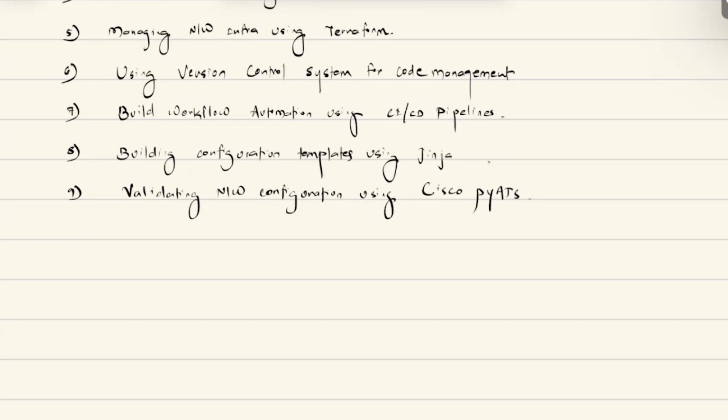But later on, the tool was so good that they made it publicly available. And now even you can use it in order to test automatically your network environment. Okay.